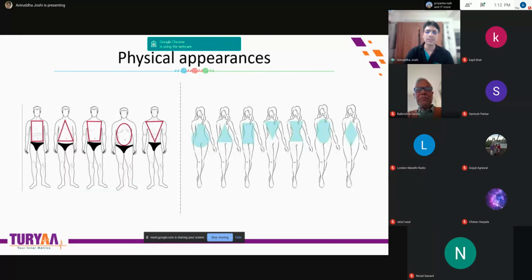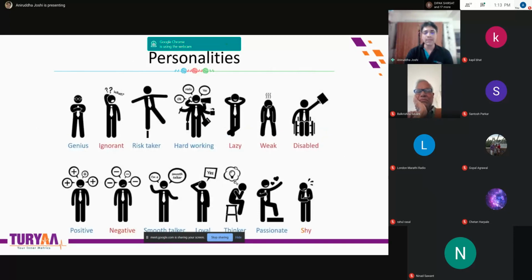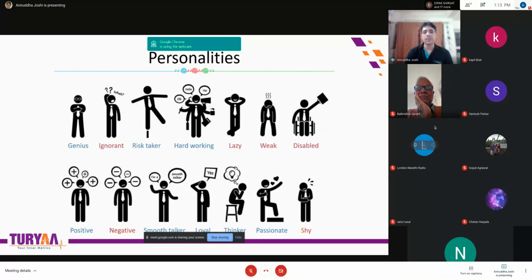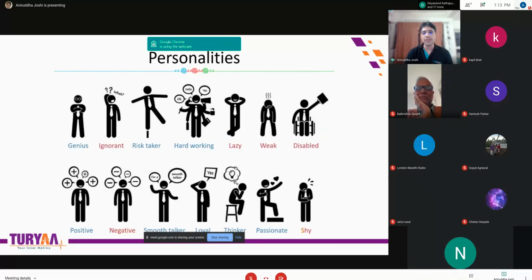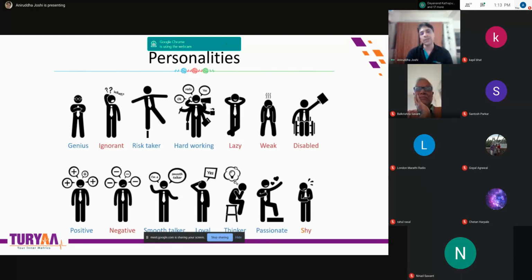Yesterday, of course, Tejaswini ma'am covered that there are various physical body types. Some people are of this kind, some people are of that kind, and they want to be of a different kind. So do we really want to be that? And if yes, then how do we go about it? There are so many personalities also: few people are genius, few people are ignorant, few people are lazy, few people are inherently passionate, and so on. So can we find out who we are, which is our Prakruti, and then take actions according to our personality?